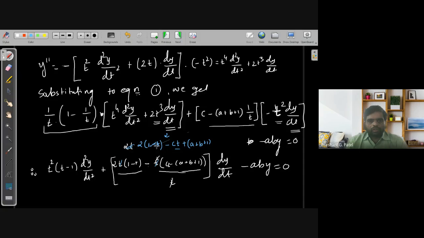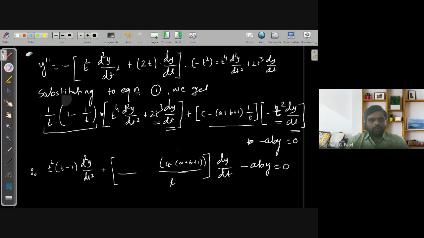So no, not 1 minus t, it is t minus 1. So this is 2 into t minus 2 minus ct plus a plus b plus 1. Should I do this calculation again? See,